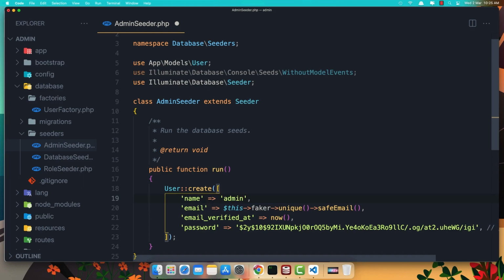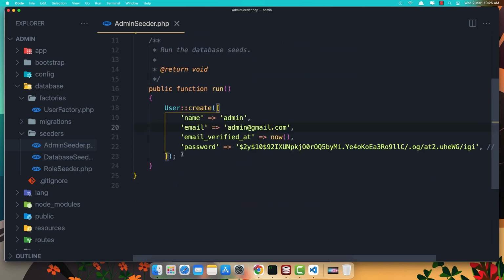I'm going to name it admin, and for the email I'm going to say admin.com, and I name it admin because we have the admin here, but you can say gmail.com or what you want. Save this, but before this I'm going to say here $user and assign, and after say $user and assign the